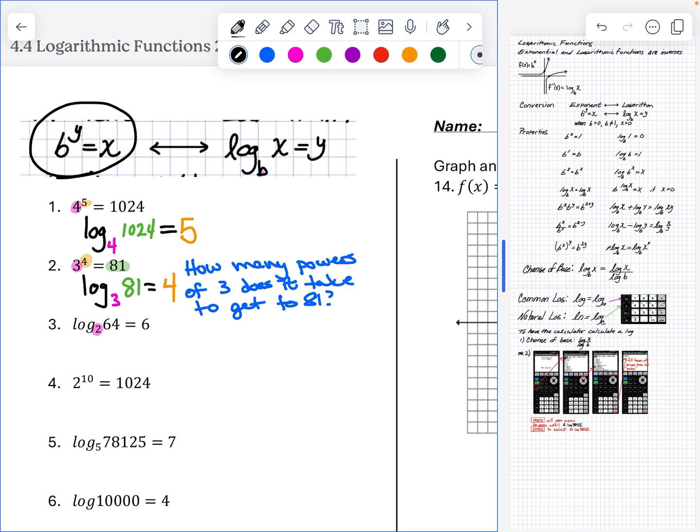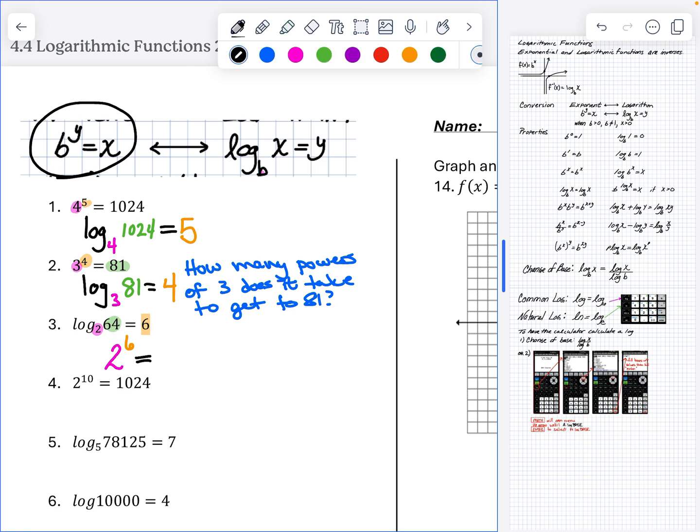So you're going to write 2 as the base number. And then you need the power, and the power is that number right there. So you're going to say 6, and 2 to the 6th power is equal